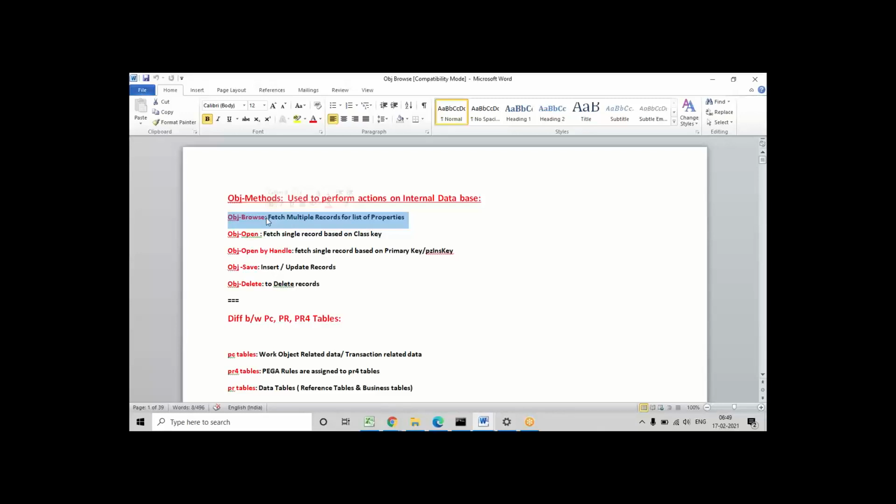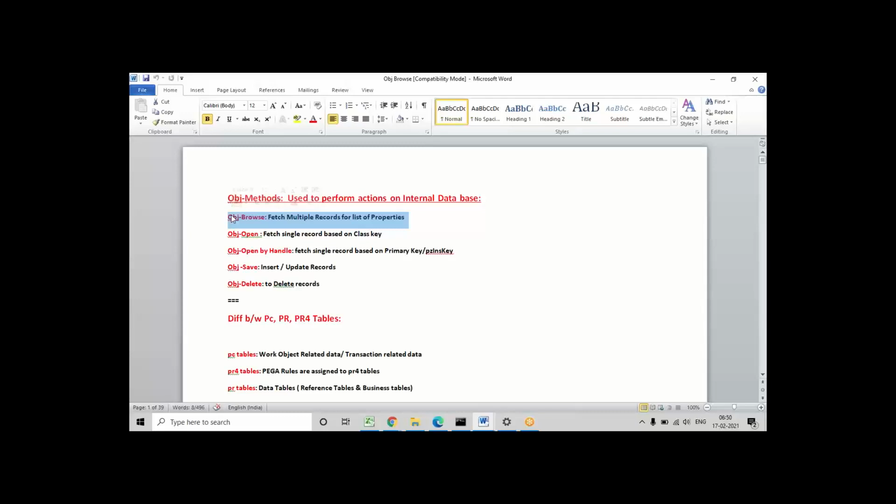Whenever I work on the other methods, I'll give the introduction then. I'm not giving an introduction to the other methods in the obj category. But one thing: if you have records in the table and you're fetching them to the application, as I said earlier, the clipboard is the main interface. First the records will be sent to the clipboard, and from the clipboard we need to map them to the UI pages.